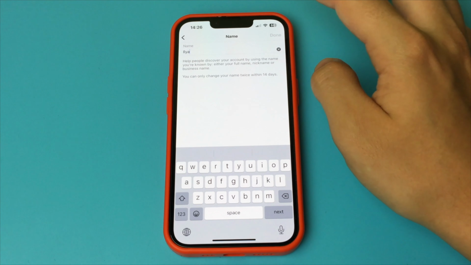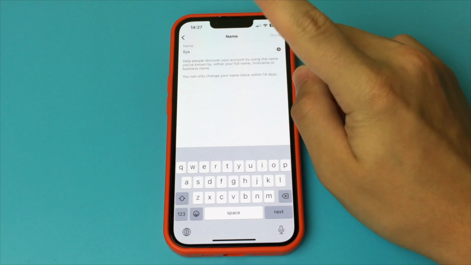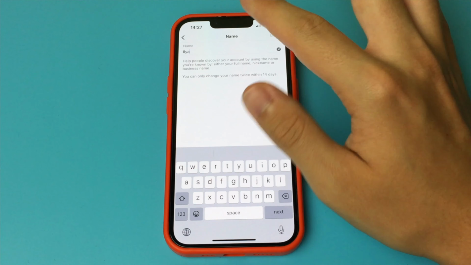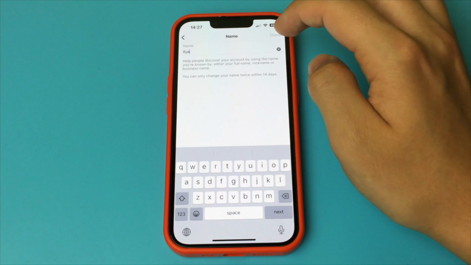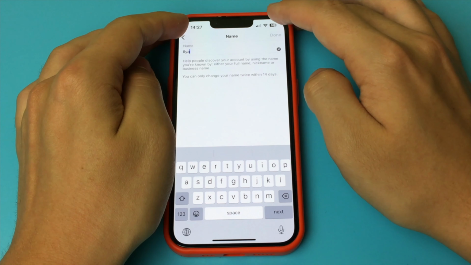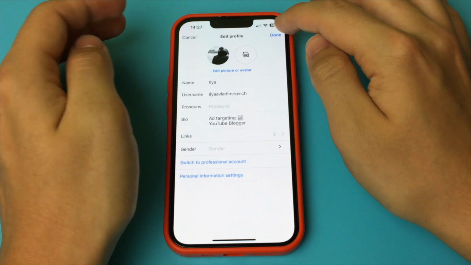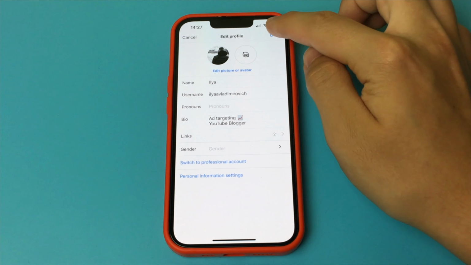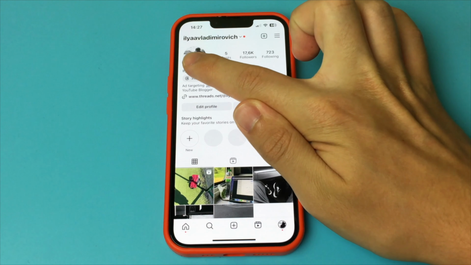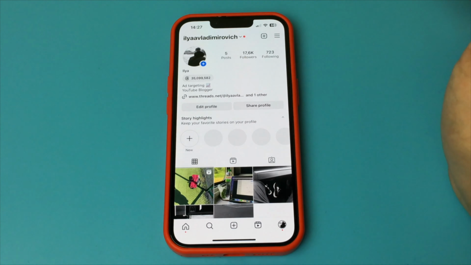First, you go into Instagram. Then you click on the profile button. Now you don't have to click on the three bars and you don't have to open the settings. You just have to click on Edit Profile. Click here, and here we see a few points. Among them, name. This is exactly the name that's listed here in our Instagram profile. We click on this line, and we can change our name.